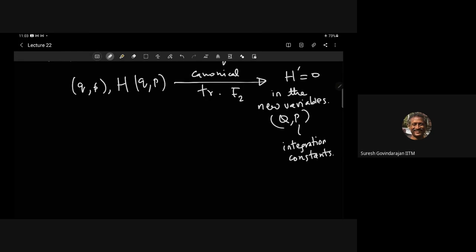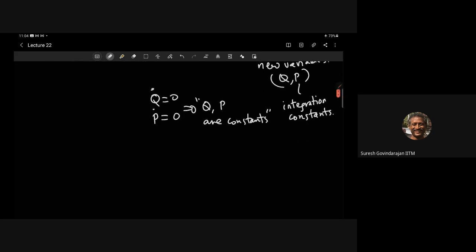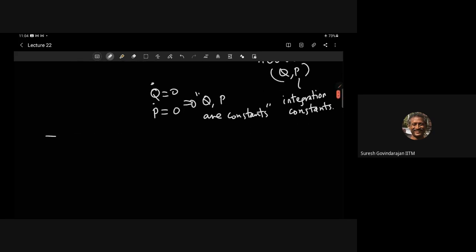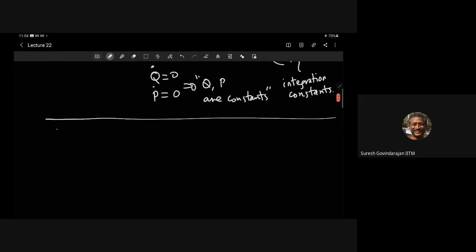Okay, so when H prime is 0, both Q dot is 0 and P dot is 0, and this just implies that Q and P are constants. Slightly boring, but okay, this is what it implies. But today we will do something slightly more interesting, different, which is closely related to this. We will try to go